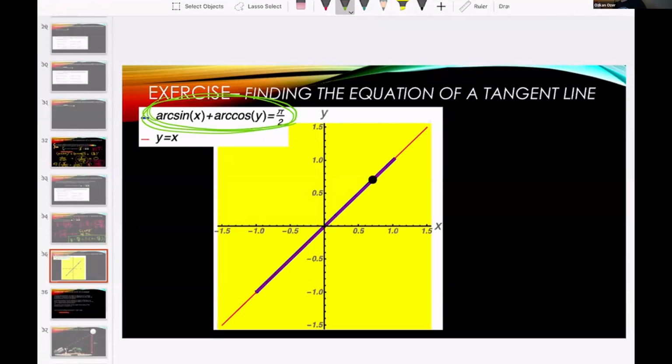Well, if you have a line to start with, the tangent line to that line at any point is going to be the same line, as you see that the red line, which is the tangent line at that point, is the same as the graph that you start with. That's arc sine plus arc cosine equals pi over 2. Okay, that's a very interesting coincidence, to be honest with you. Okay, so